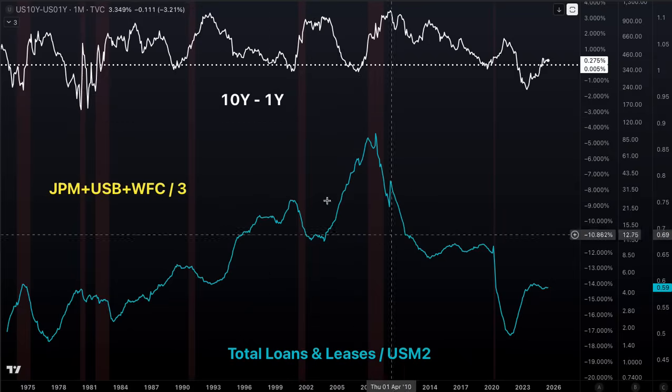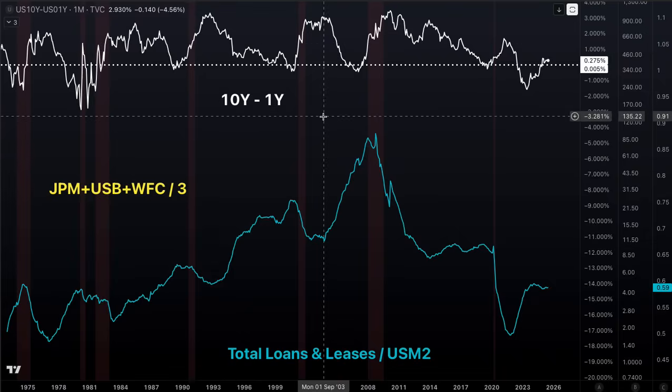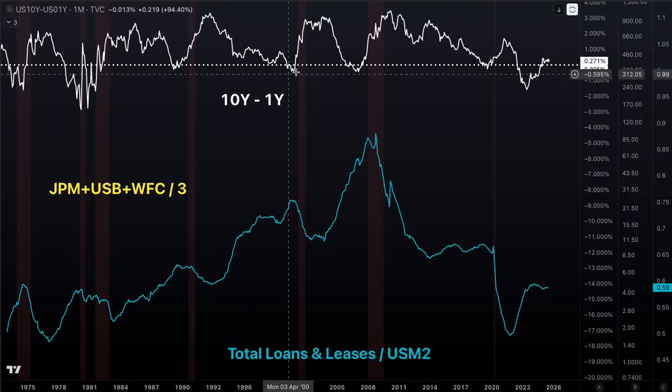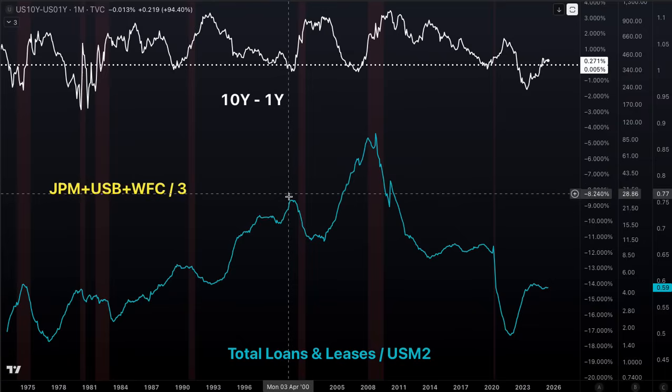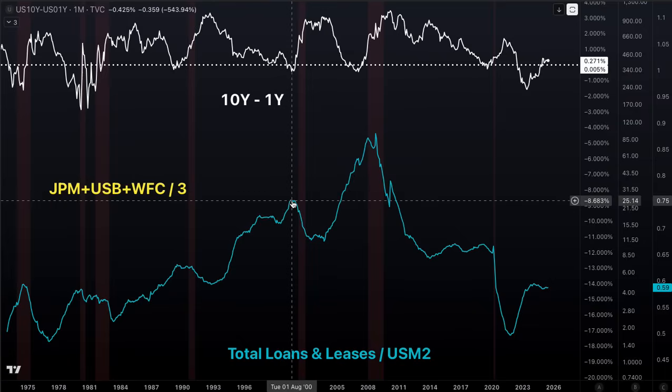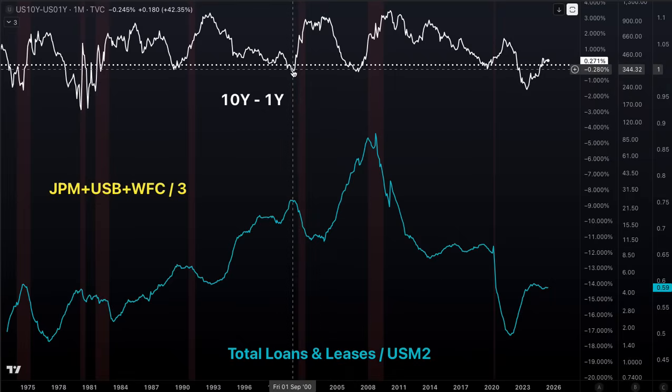And again, you can kind of see this with total loans and leases by private banks divided by M2. But hopefully, now that you understand the very, very basic way that a bank makes profit, it also makes sense that a yield curve inversion not only gets the banks to, because again, now there's no profit for them to lend. When the yield curve is inverted, they have no incentive to grow their total private bank credit. They have no incentive to extend loans and leases and basically create economic activity or print dollars. And so they stop. And we can see that reflected in the blue line. Well, it just makes sense because it becomes unprofitable for them to do so.